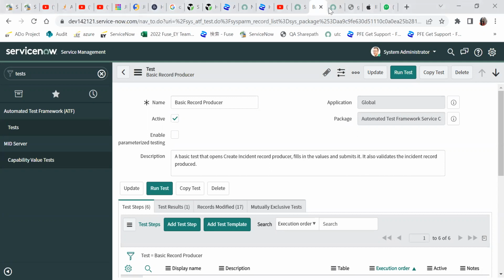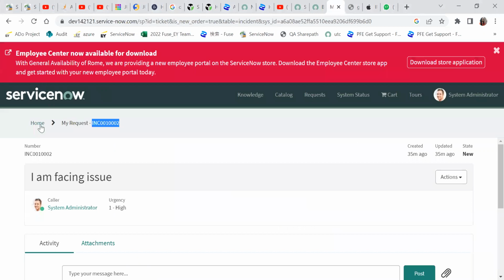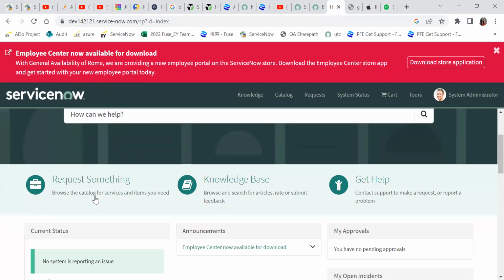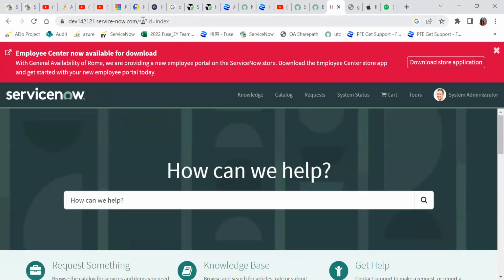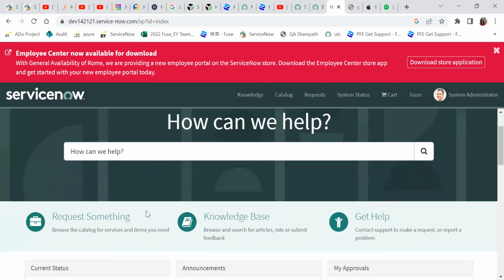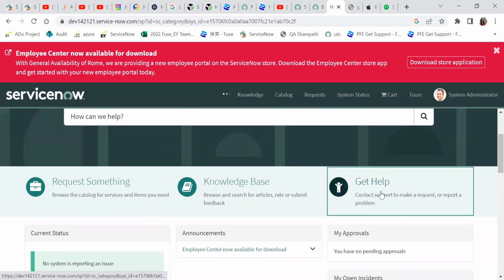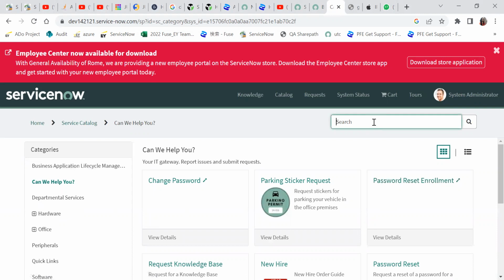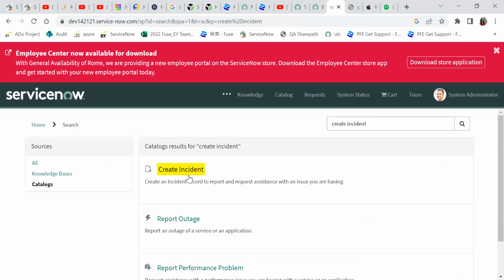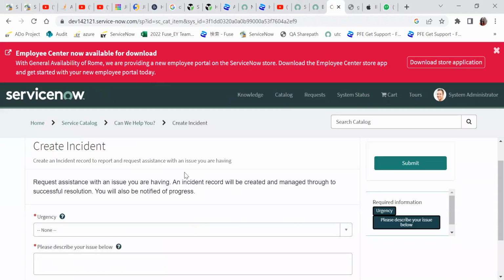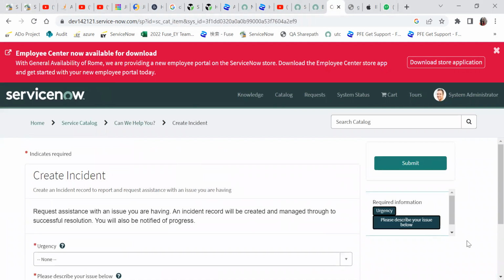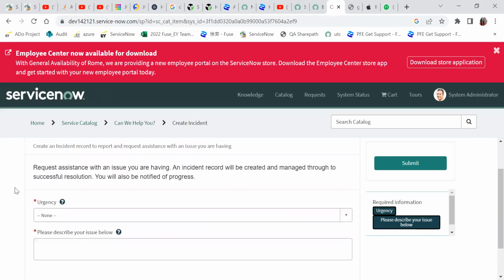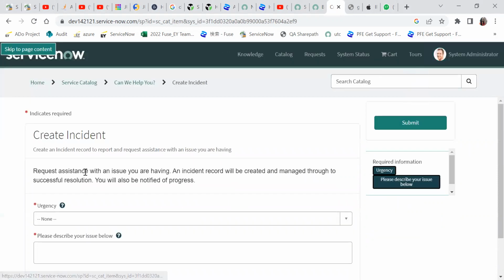Okay, so basically, suppose whoever is an end user has to raise a ticket. He goes to this portal, which is /sp. Suppose you want to create any ticket, he will go to Get Help, and if you want to create an incident, create a ticket, he chooses Create Incident. Depending upon the issue that he has, also basically all the projects, all the instances will have different